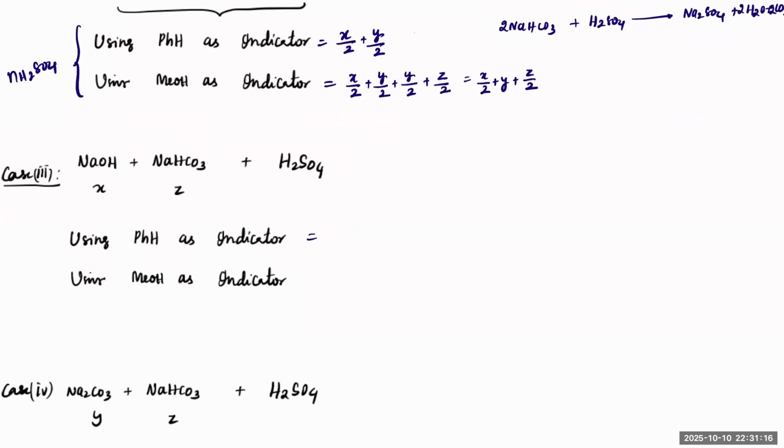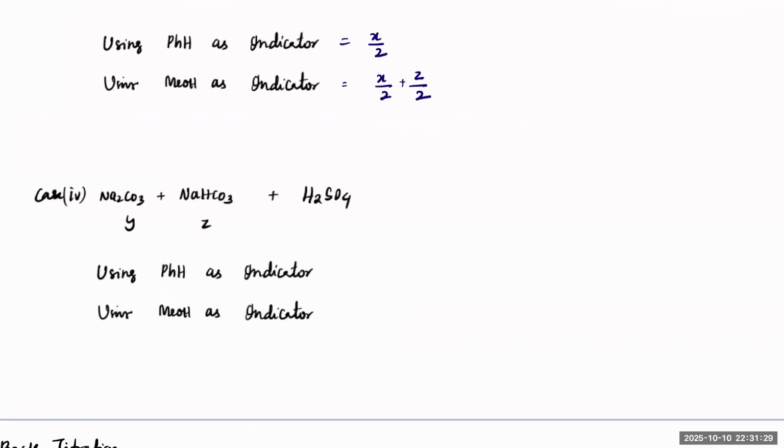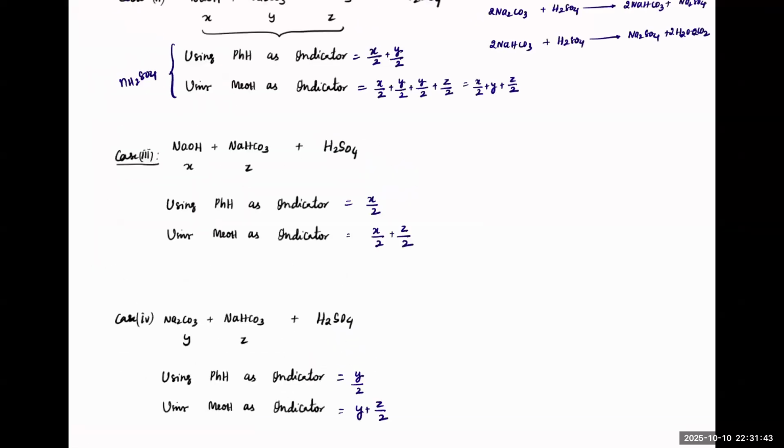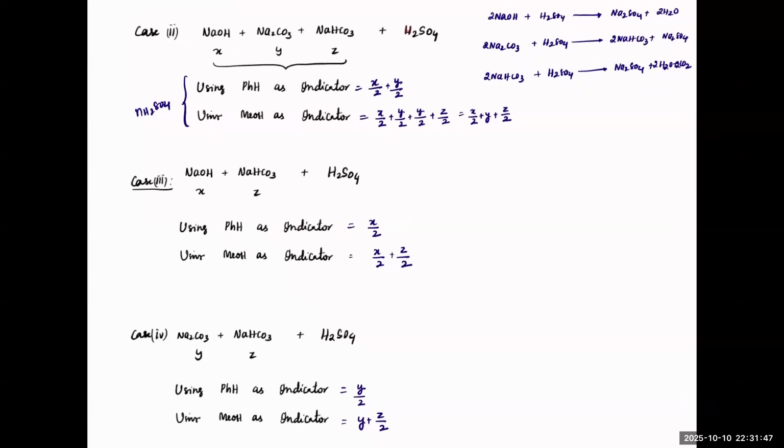Same way, second thing, if you have X and Z using H2SO4, how much is it to be? X by 2 using phenolphthalein and X by 2 plus Z by 2 using methyl orange. And lastly, if you have Y and Z, with phenolphthalein I'll be using Y by 2, and here I'll be using Y plus Z by 2. Okay. Please see all these three cases, everybody. If there is any problem, we can